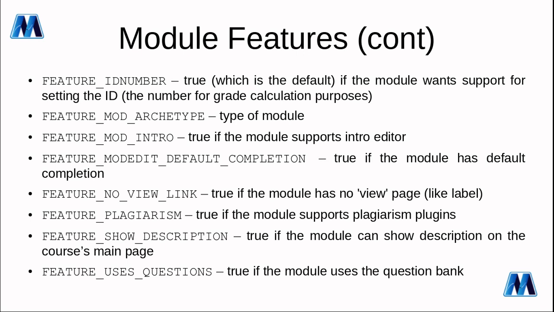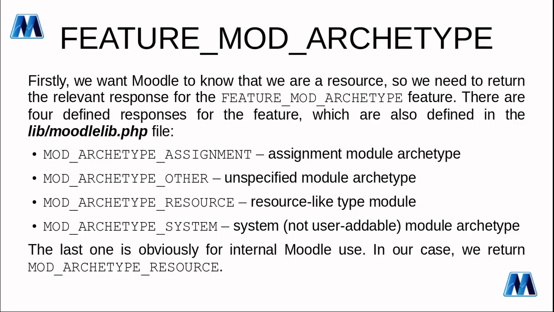The intro, which we discussed as well previously. Completions, view links, plagiarism stuff, description, and whether your module supports questions, right? And then now archetype, architectural type, not quite sure how to pronounce that, but anyway,